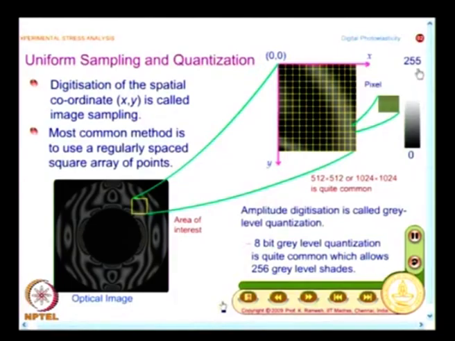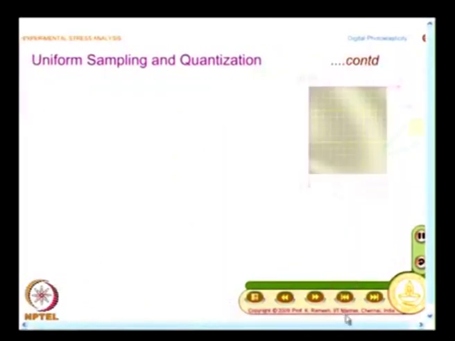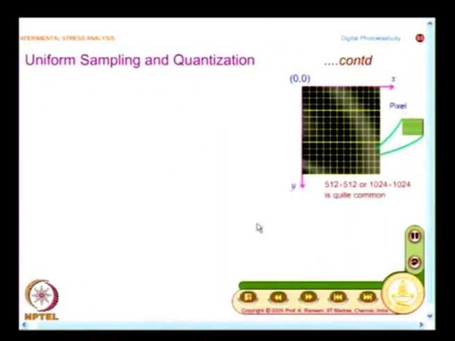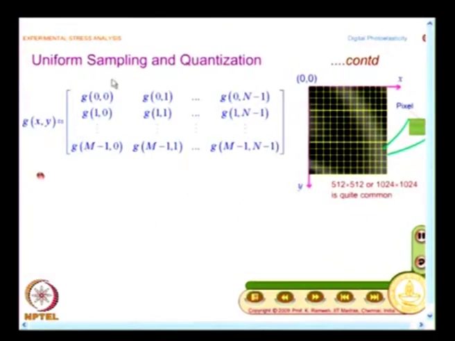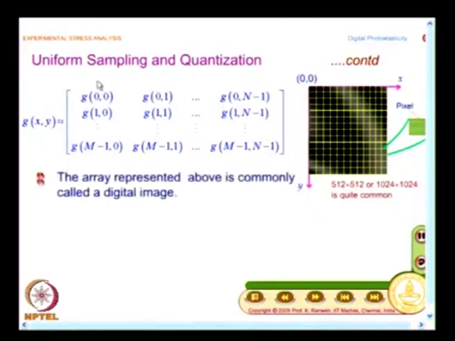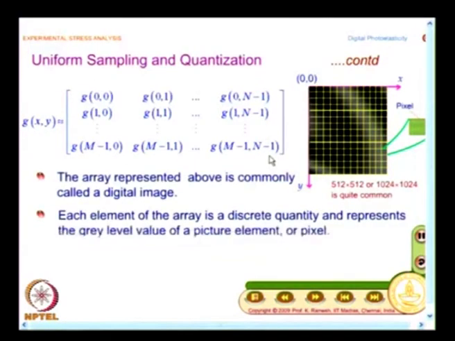If you are processing a negative, it will give the light transmitted, and if you are processing a positive, it will give the light reflected. So, at the end what you get is, by using a digital camera, you are able to get intensity data at video rates. That is the advantage. So, finally you get an image representation. This is essentially a matrix of integers,